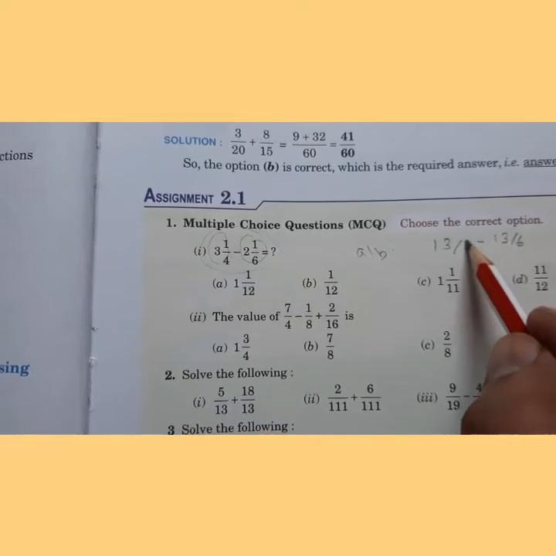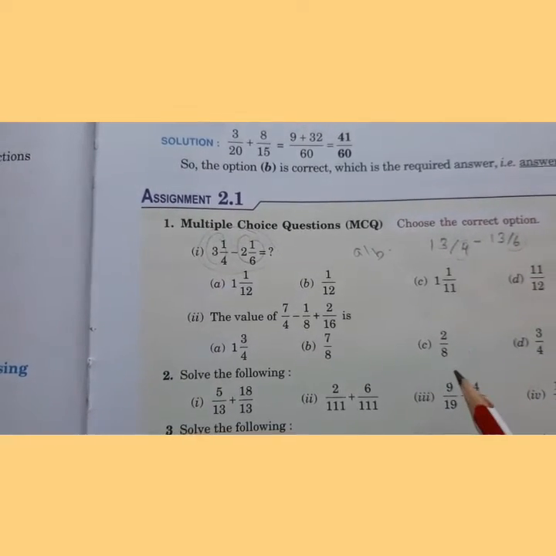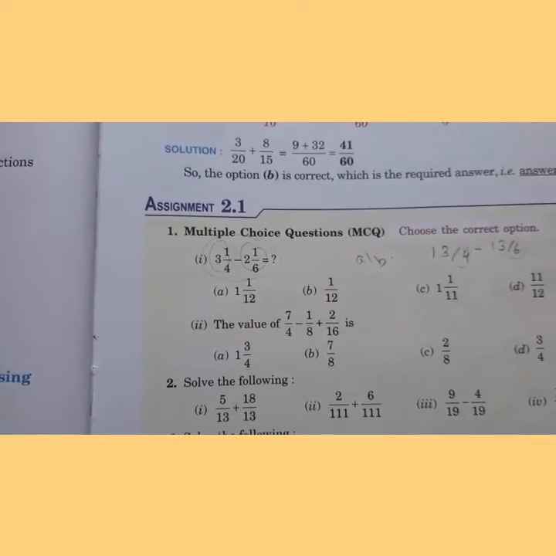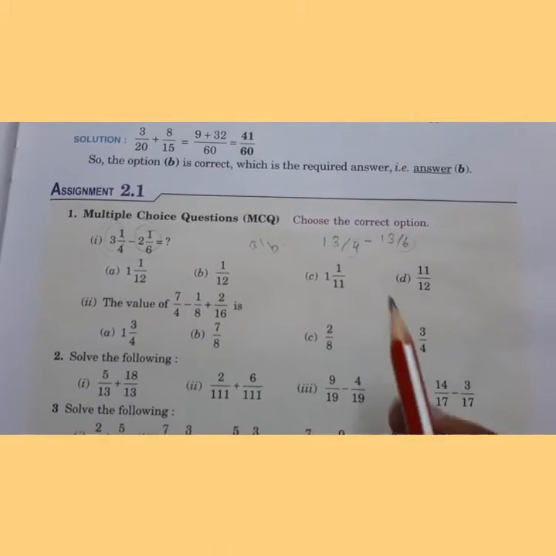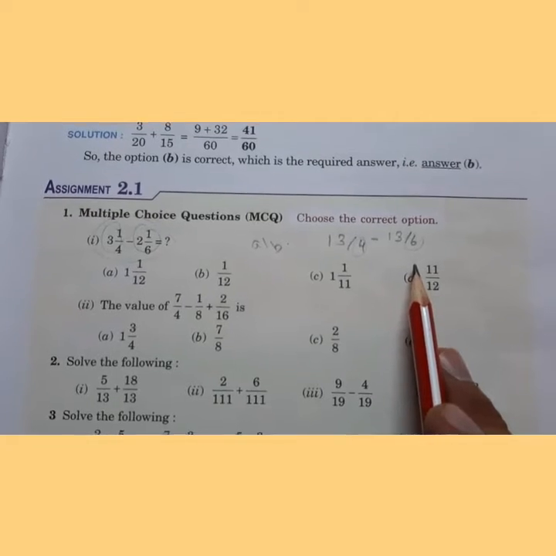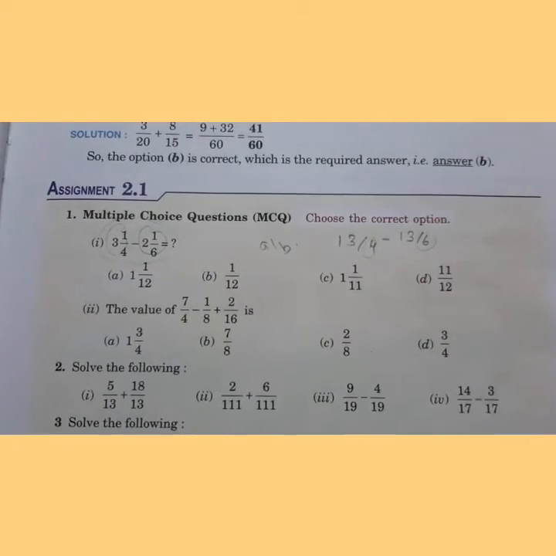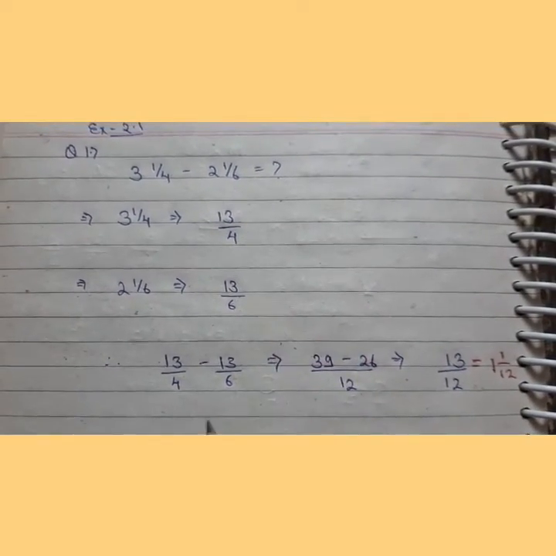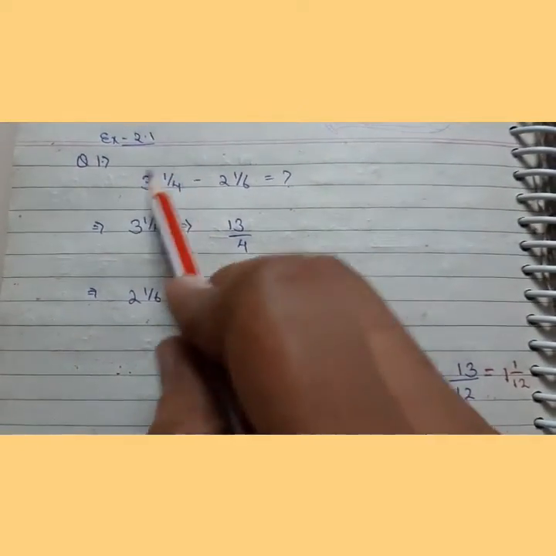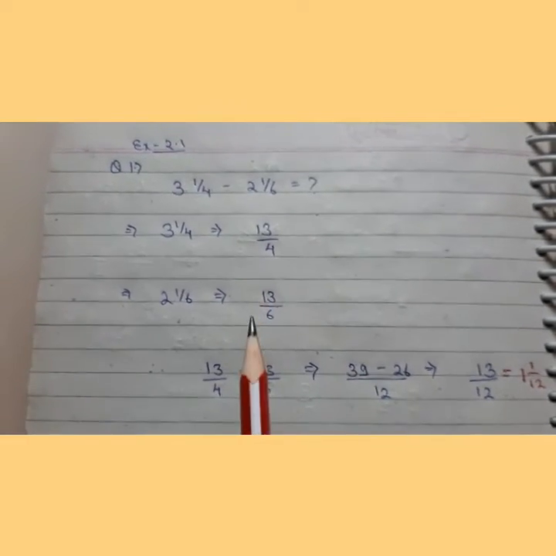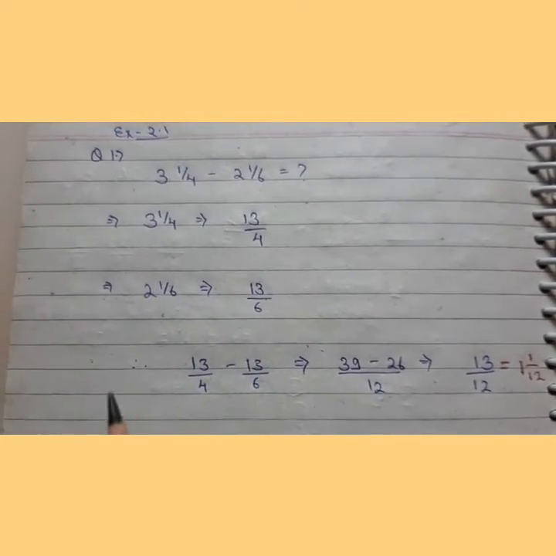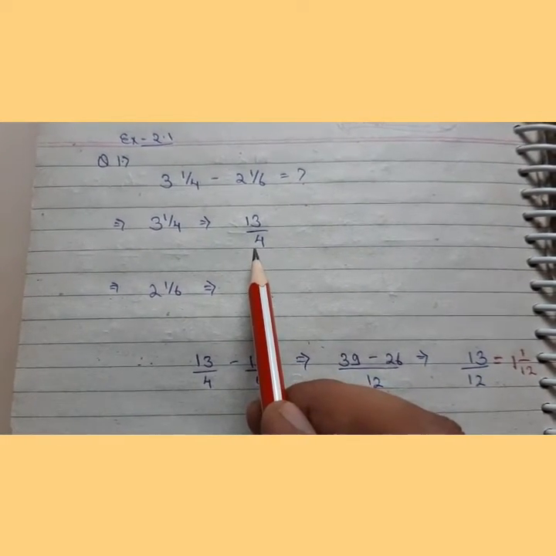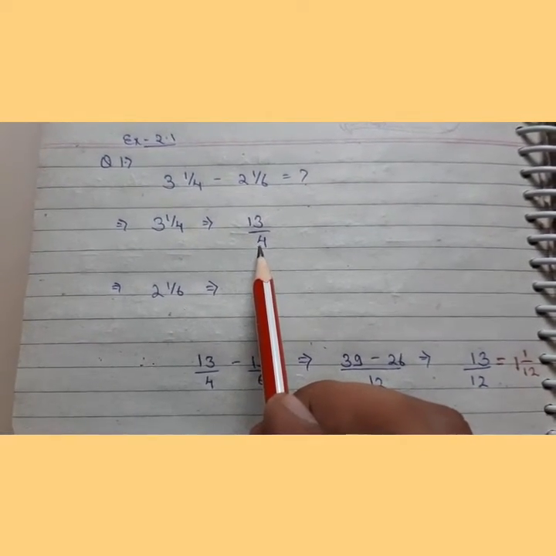Now before solving, we know denominators are not having the same value. So how to make them equal? Simply take the LCM. Now what will be the LCM of 4 and 6? 12. Now try solving it. So if we solve it theoretically, how will it go? First convert the whole number into fractional form. See, have a habit of solving also in a proper way. First pick the first mixed number, write it in fraction form. I just told you how. It will be 13 upon 4.